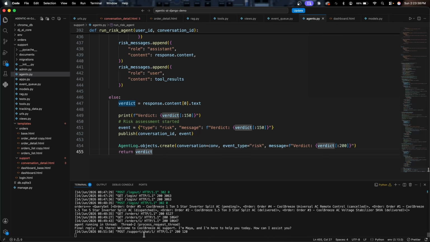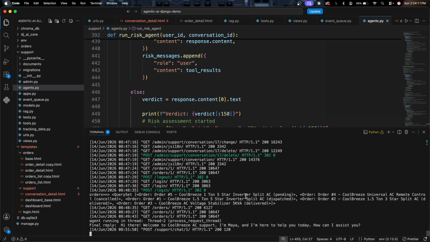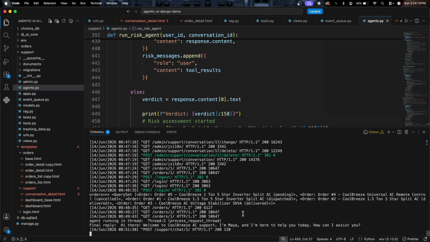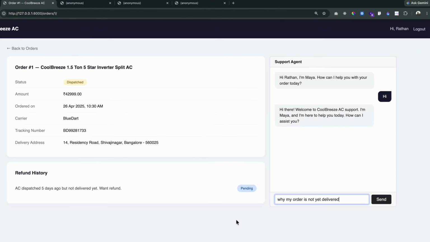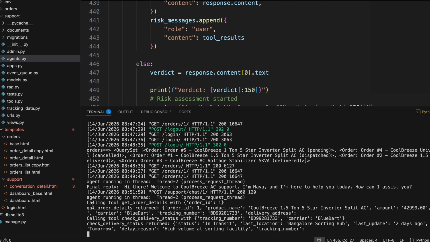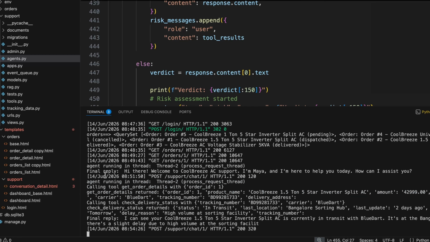I have the code here. In parallel, I will show you some of the tools getting triggered the moment I hit enter. This means the AI agents are running. All right, let me hit enter, and you will see this typing. While this is typing, you will see our AI agents have started running. You can see here it is calling the order details with this order ID, and there is already a final reply